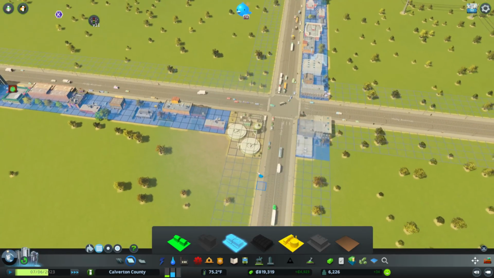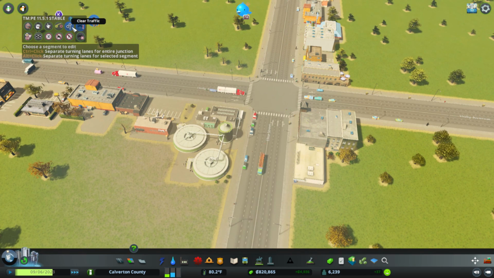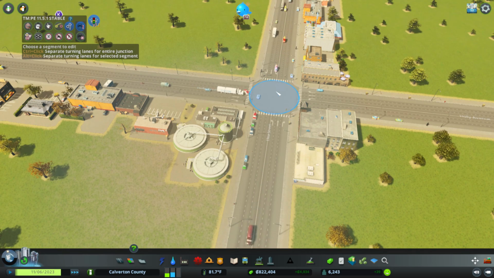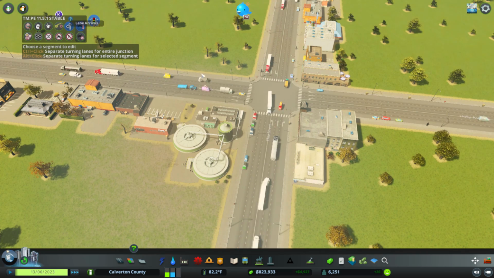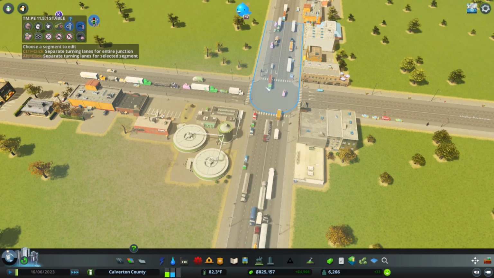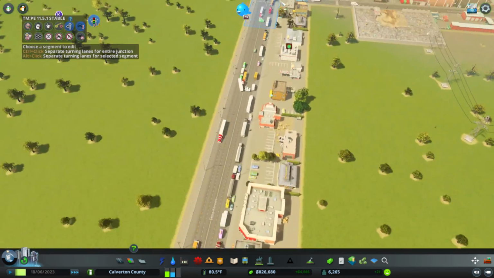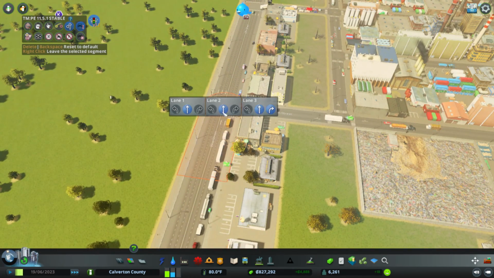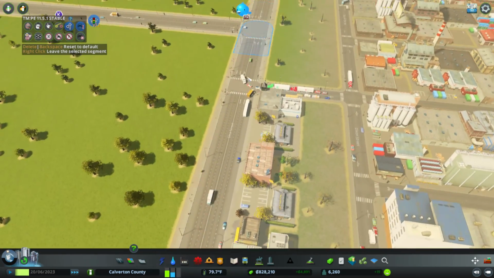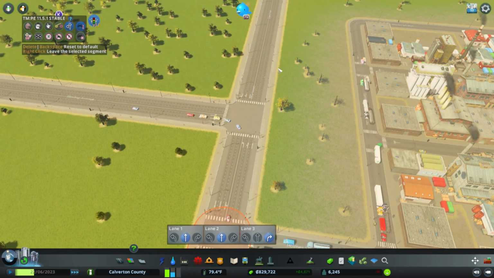Okay, we're starting to get a little concerning here. Well, this is what Traffic Manager President Edition is for. Hit Control on the lane arrows tool. You just hit Control, one click, everyone's dedicated lane. This one, like this, literally,